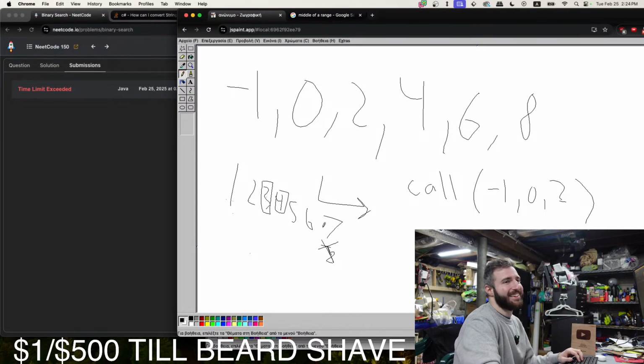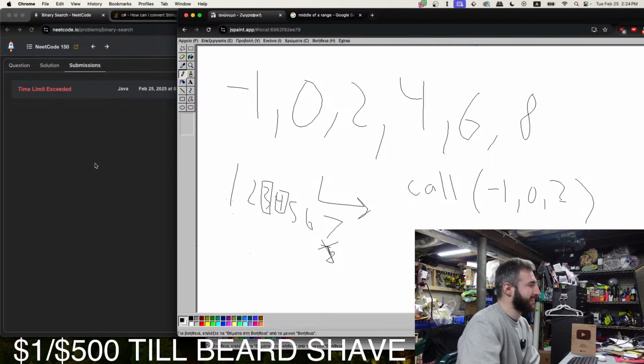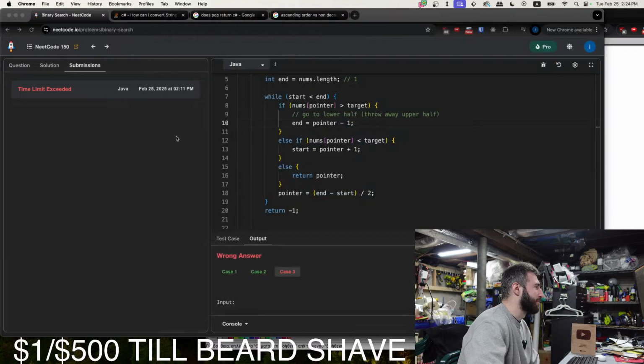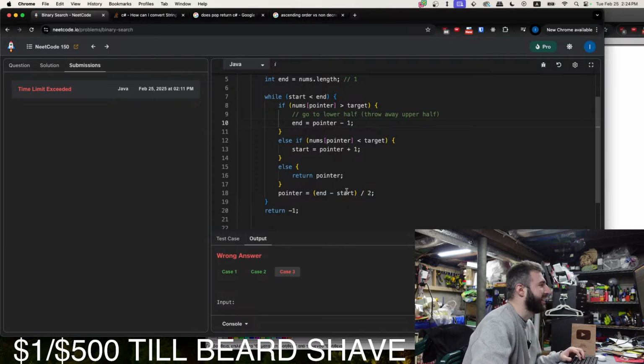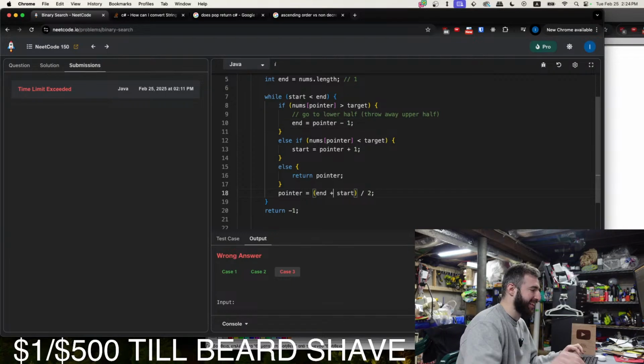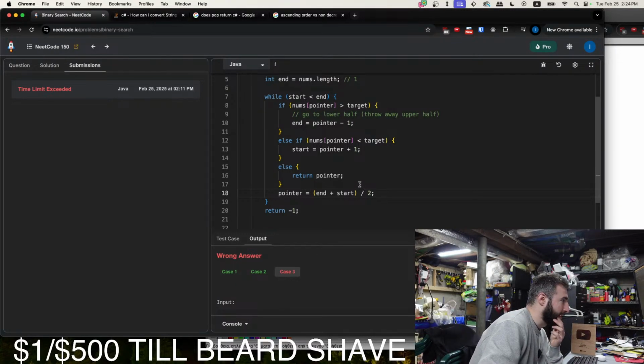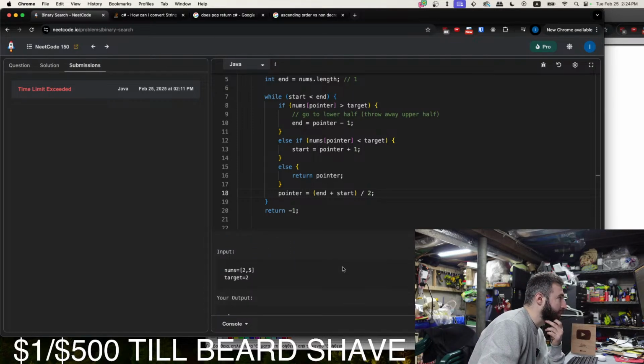What? Is this the first time I'm getting the middle of a range? Why is that concept foreign to me? You add this number and then divide by 2? Oh my god. Jeter JP, you're the man, dude. All right. So we got the right equation to find the middle. That is very important.